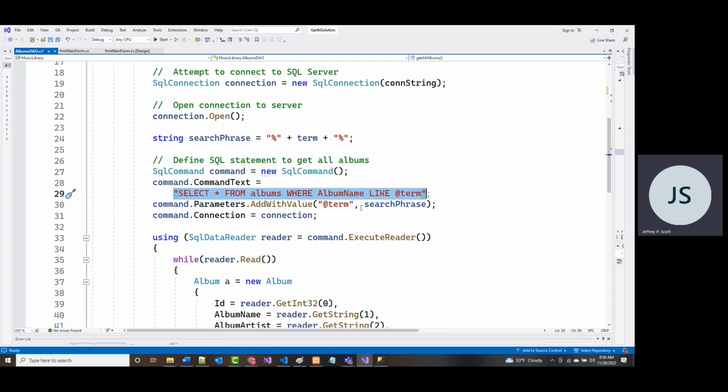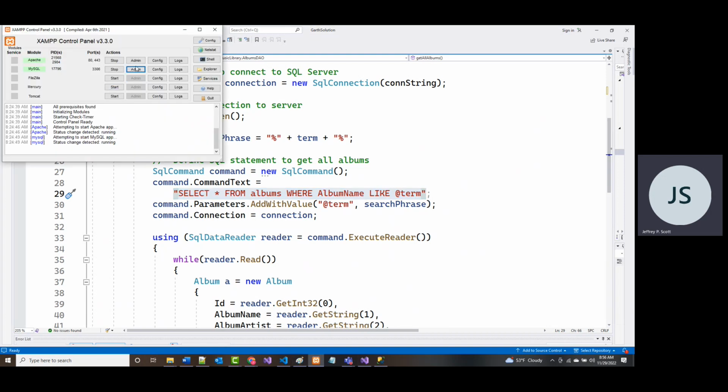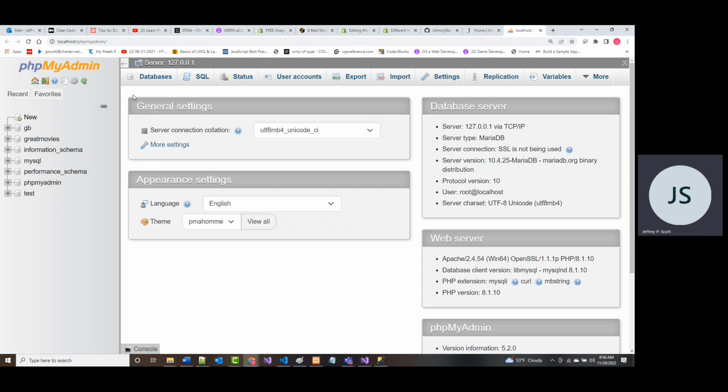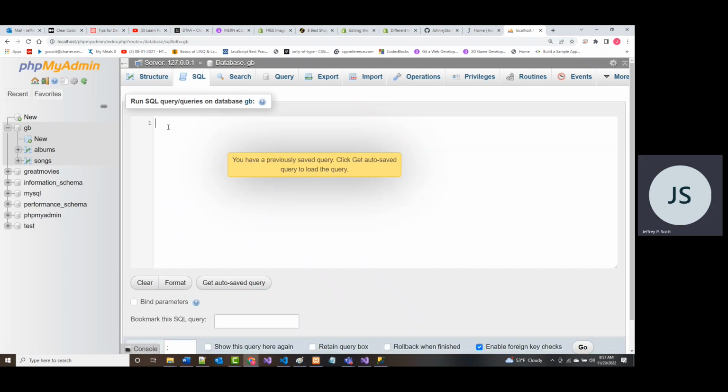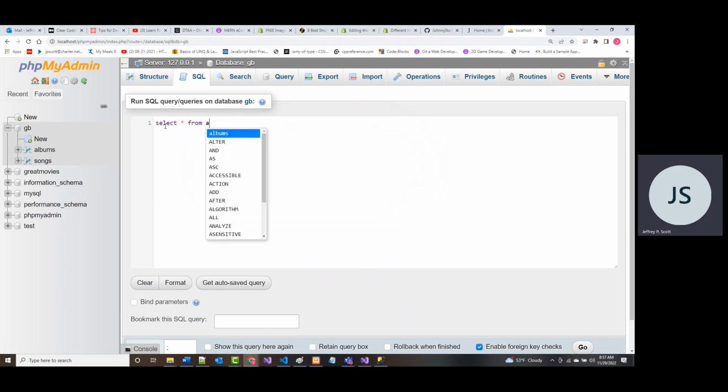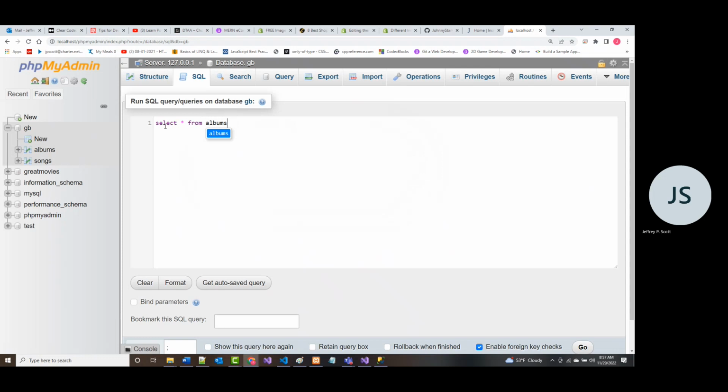All right. If you remember back in the day when we were doing this, and I guess I shouldn't have closed it, but when we came in here and you brought this up, and for instance, if I just come in here and say select star from albums, as an example, and I run this.